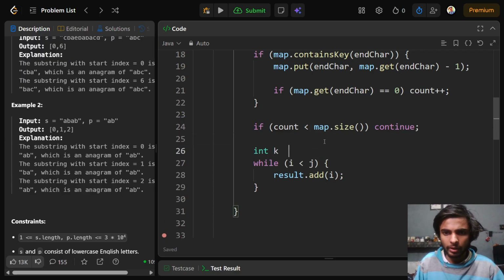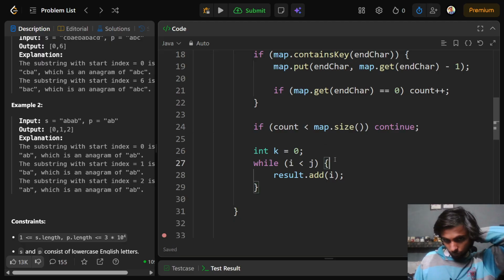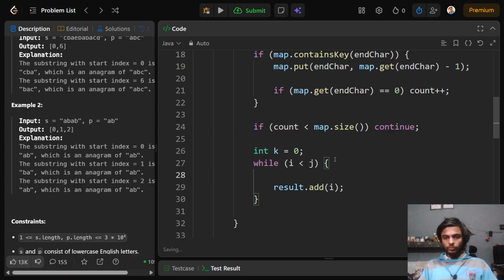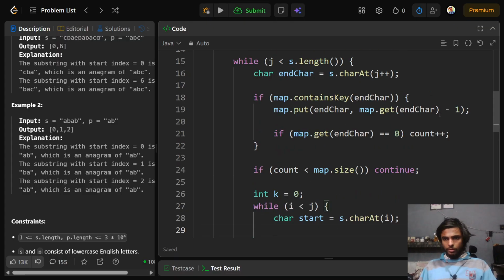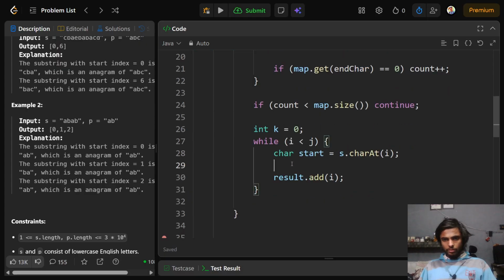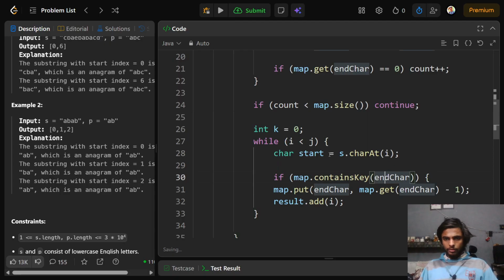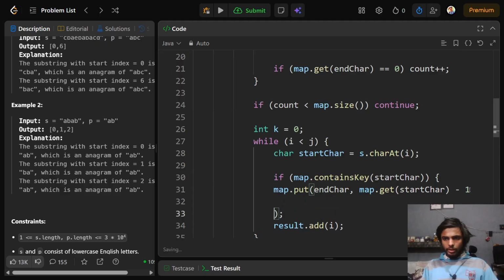Let's keep a k here. K is 0. Starting character is equal to my s dot character at I. I can just copy this. If map contains starting character, well, instead of decreasing, increment, and